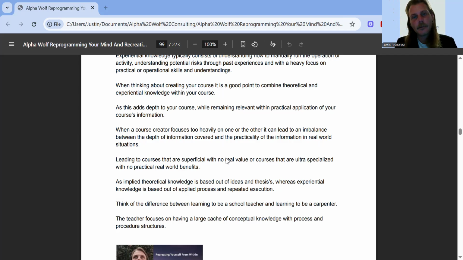Do you sort of get it? So it's very important to understand this, because if my purpose is to create a specialized course, then it's going to be a lot heavier on experiential knowledge and very refined theoretical knowledge. So very direct theoretical knowledge: I'm teaching you how to dig a hole, but I'm not teaching you how to dig a hole with an excavator, with a shovel, with a teaspoon, all these different things. I'm teaching you a specific thing, and we'll say we're using a shovel. I'm teaching you how to dig a hole with a shovel. Do you sort of get it?